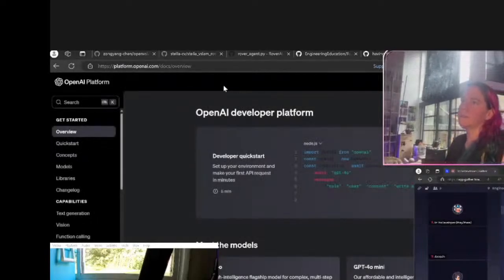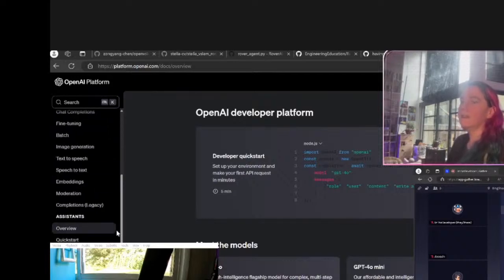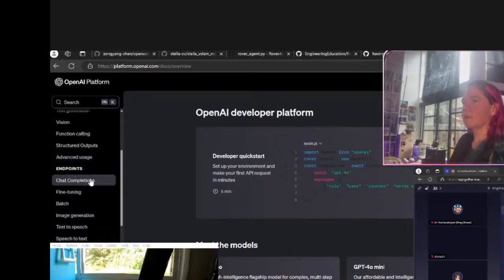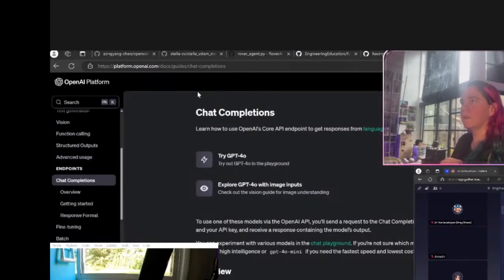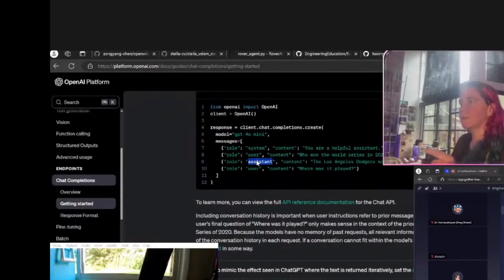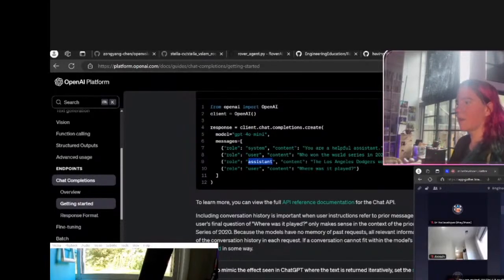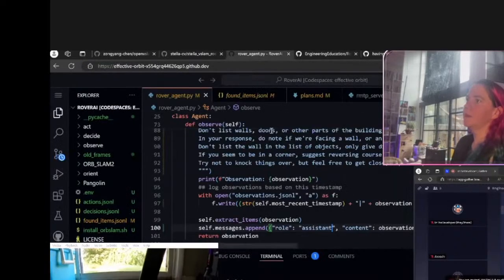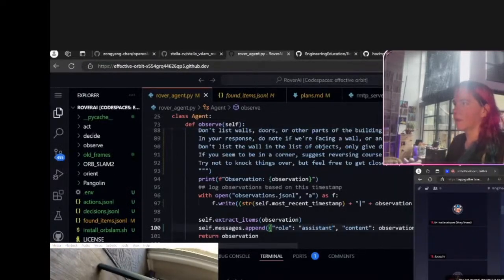No, what are we doing? It's not an assistant, it's just chat completions. So when we send system, user, assistant, it's assistant. Okay, I just checked it. Measure twice, cut once.